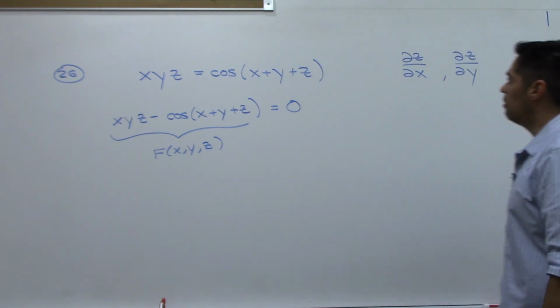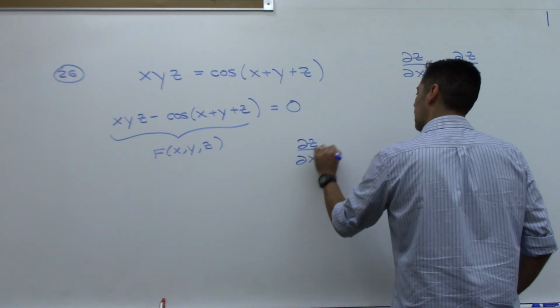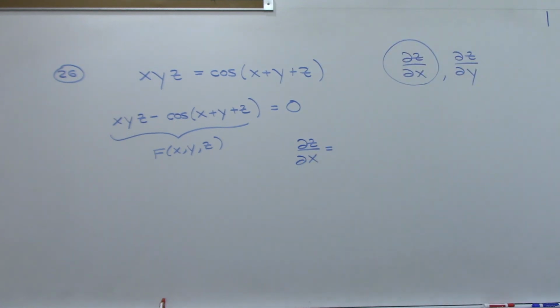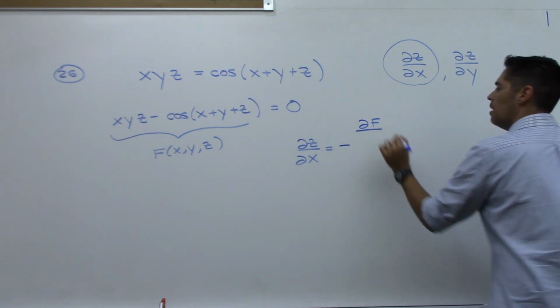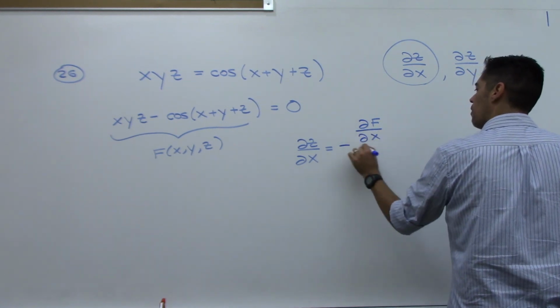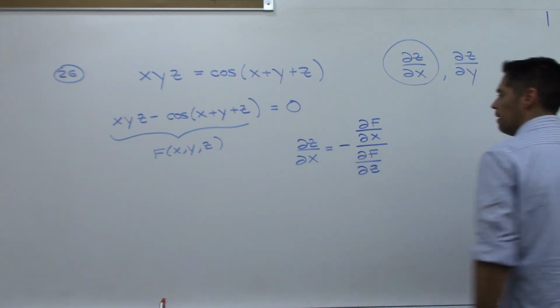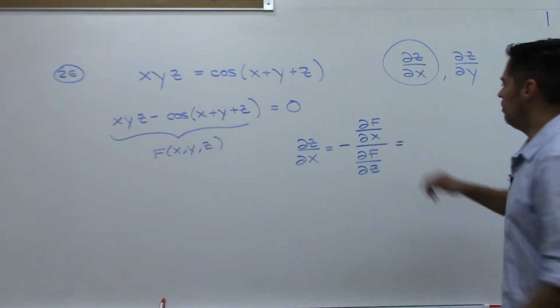And what we're going to do is to find the partial of z with respect to x, which is just this one. This is the only one I'm going to do. I'm going to let you do the other one. Then I'm going to use the formula that this should be equal to negative partial of capital F with respect to x over partial of capital F with respect to z. And that, so, is negative